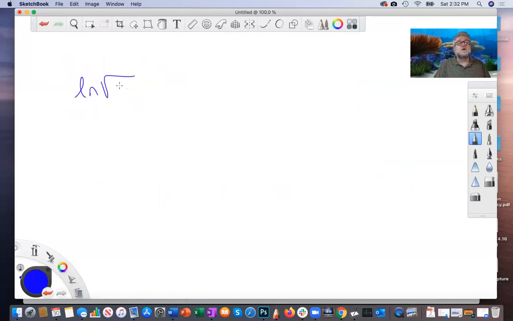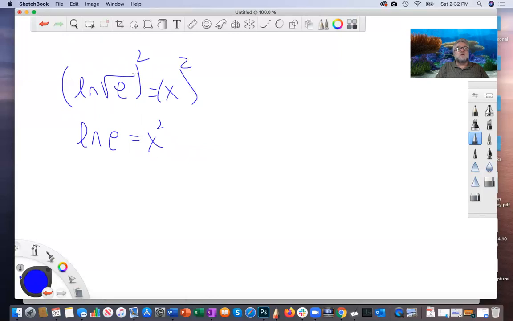What's the natural log of the square root of e? First of all, you cannot square this. You cannot square both sides and say ln of e equals x squared. No, no, no, you cannot do that, because this square root is inside a function. So when you square it, all you're saying is ln of square root of e